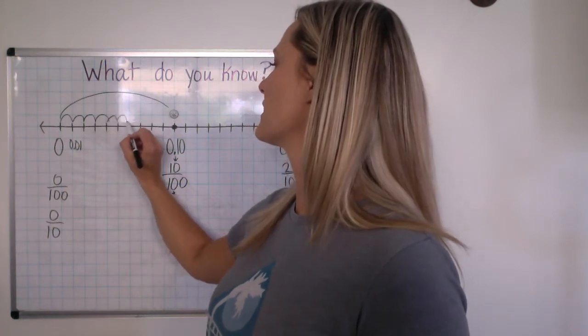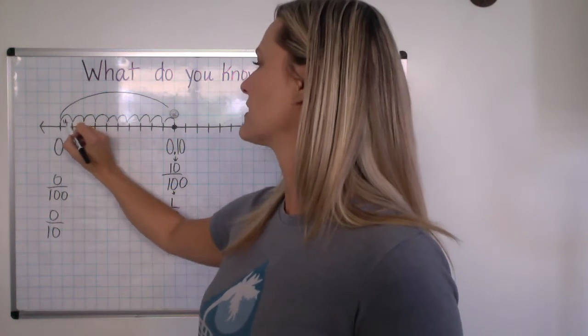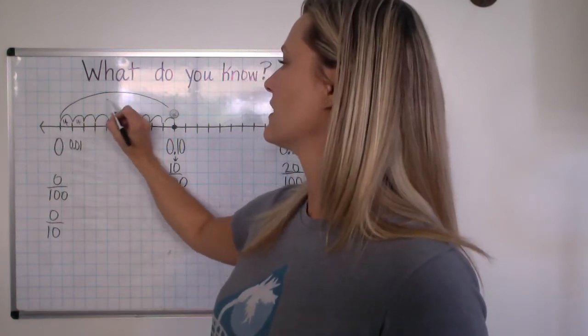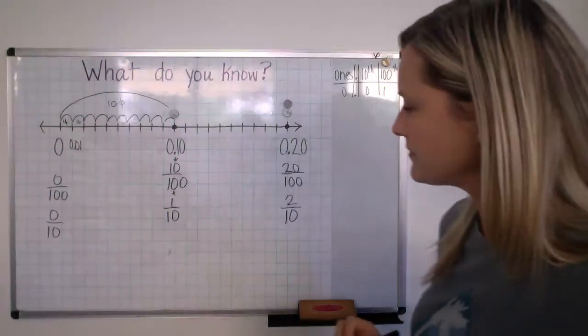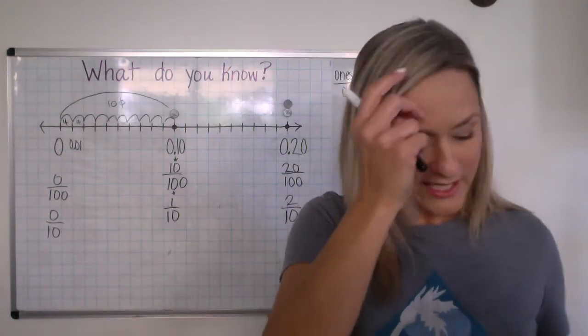So this right here is our 10 cents. Each hop is 1 cent here. 1 cent. 1 cent. This is 10 cents, right? So there's so many good things that we can learn from this number line. Okay, I'm going to stop guessing now, and